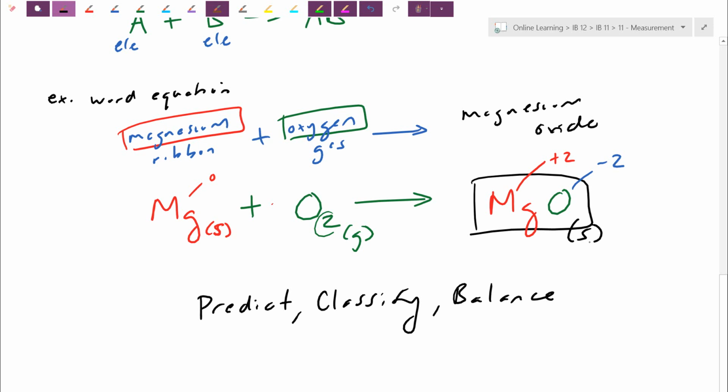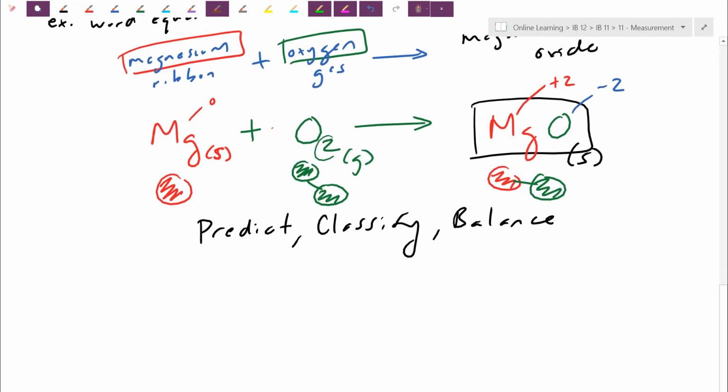Let me just draw a quick picture of this here. Something is not making sense. Magnesium is just a 1 atom. Oxygen was unstable. It had to be a diatomic. It was like a green atom combined with a green atom. And here we are saying the red atom has now bonded with the green. First thing we want to confirm is, has a chemical change happened? Have we actually produced something new? Well, sure. Chemical change,